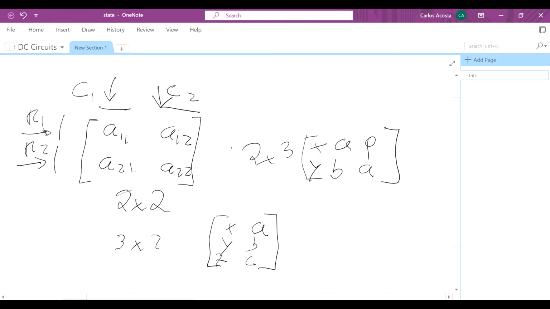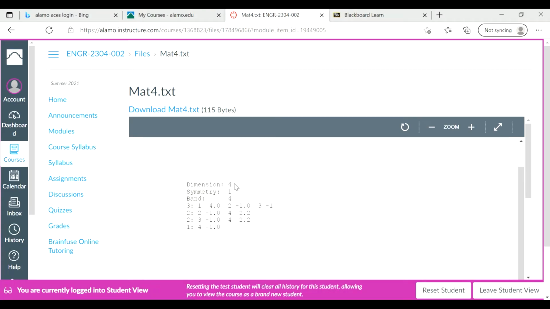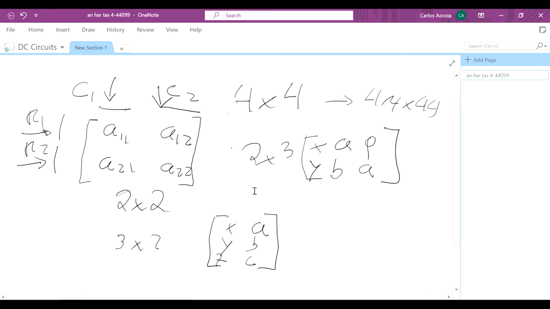So this particular file will have a square matrix, meaning that it is the same number of rows and the same number of columns. And the file is 4 by 4. And the second file is 44 by 44. And the file is given in this structure. First, the dimension is going to give you the number of rows and columns. Symmetry. So when we talk about a matrix,